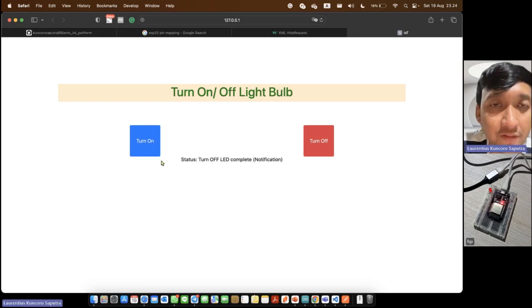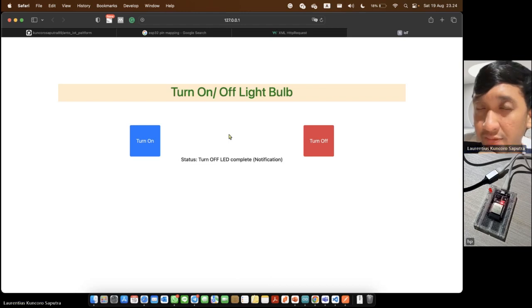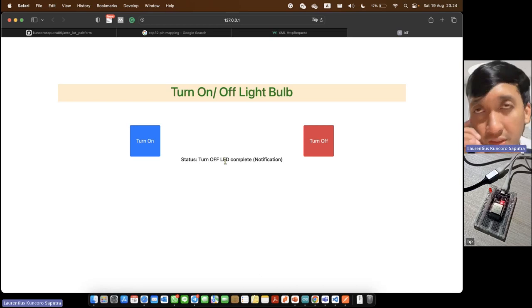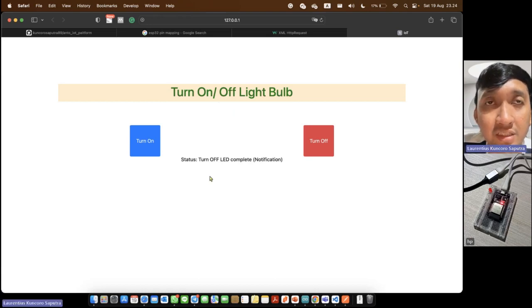Okay, if the web application is running successfully on our local server, we can host this file on a hosting server. Why should we host this web application?